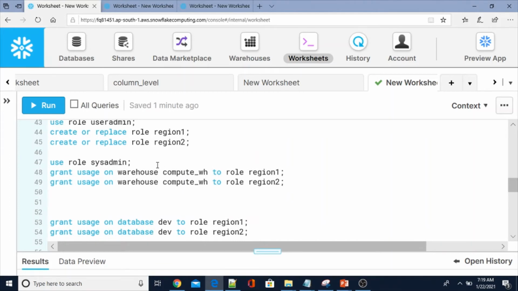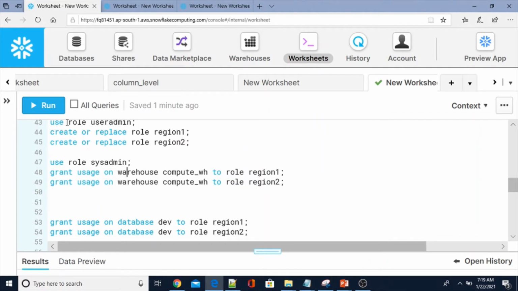Now I am going to assign the warehouse to these roles. Whenever you create any custom role, you have to assign a warehouse to execute queries using this role. To assign the warehouse, let me connect to another system defined role called sysadmin, because sysadmin can assign the warehouse to any custom role.